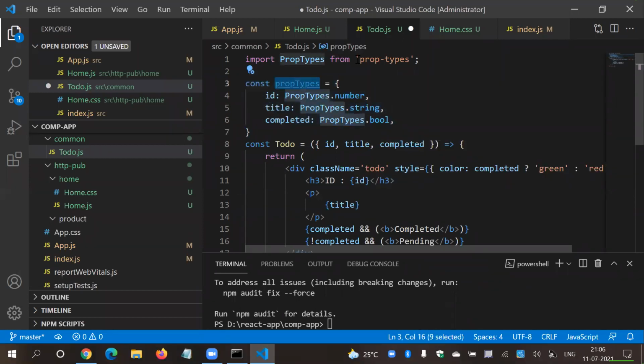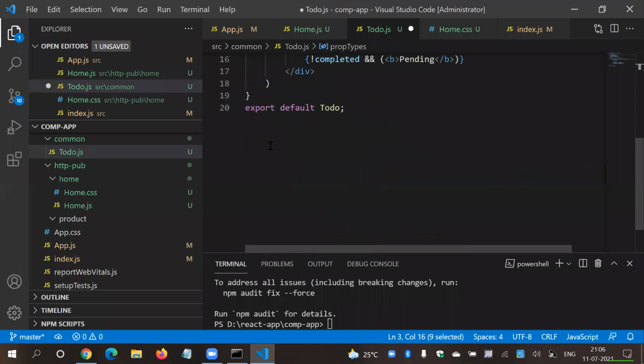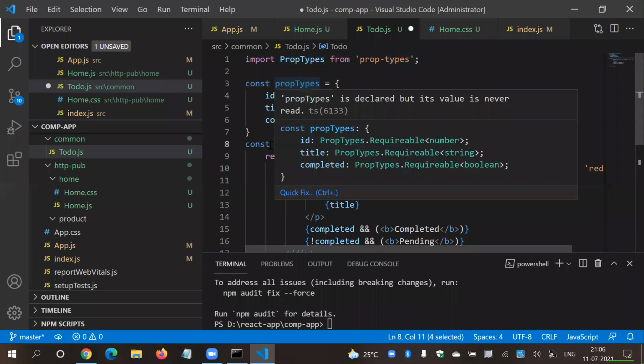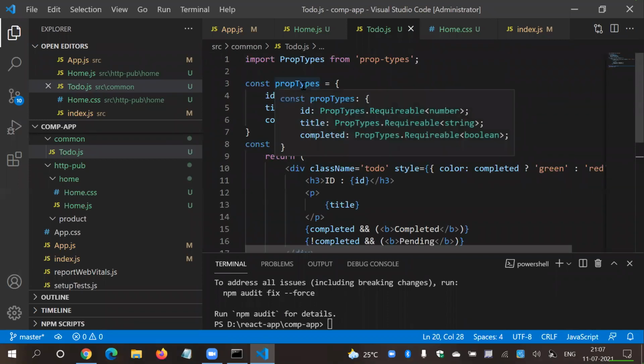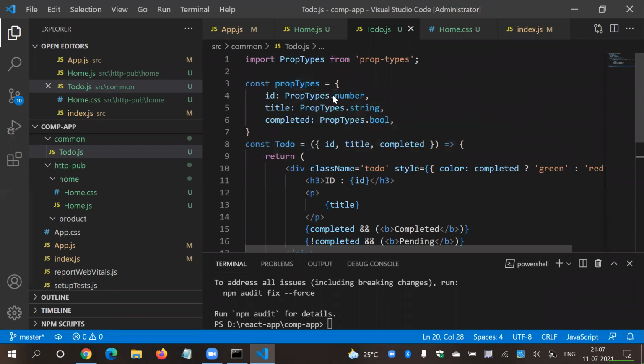Simple, just install this package, import it over here, declare your argument parameters schema over here, and then bind these prop types to your todo class. So let's go here and say dot propTypes is equal to propTypes. That's it. That's all you have to do. This is actually type checking, and in future, with an API call, I'm going to explain why to use prop types. As of now, just do this as a practice. Don't go into much more detail on this.